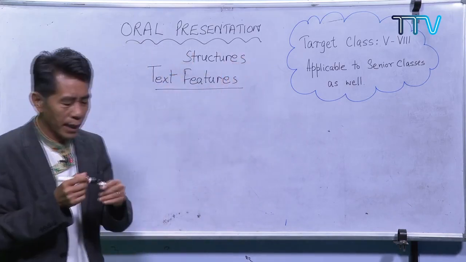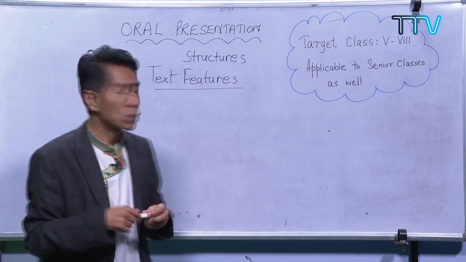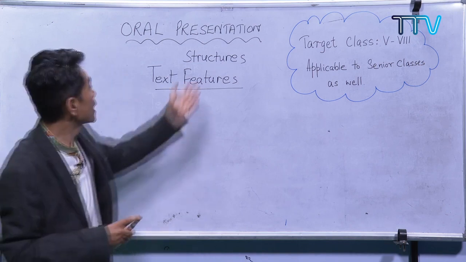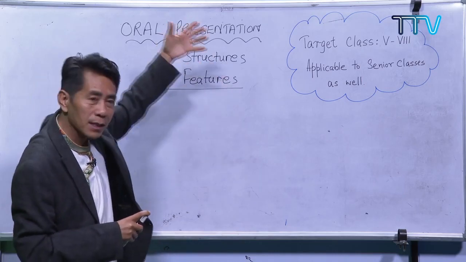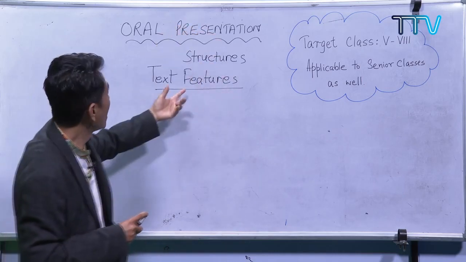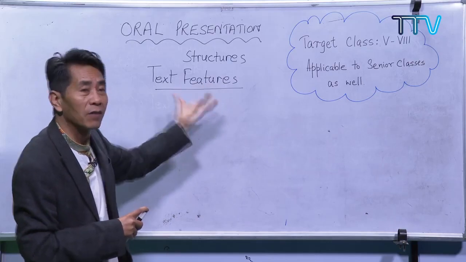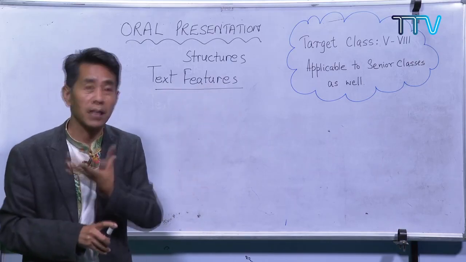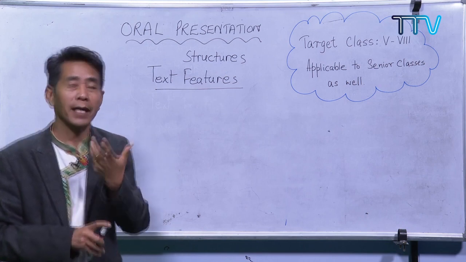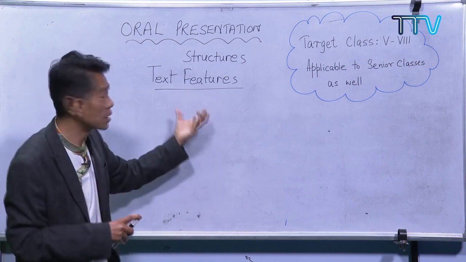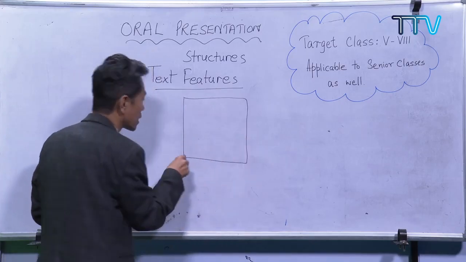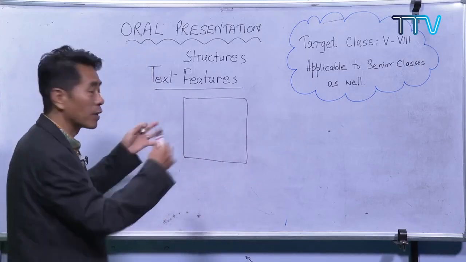Both are very important when it comes to expository writing. Text structure is how the text is organized by the writer, and text features are the different features. I gave you the example of the face, nose and ears, which are different features. So when you come across a text, for example a textbook or reference book,